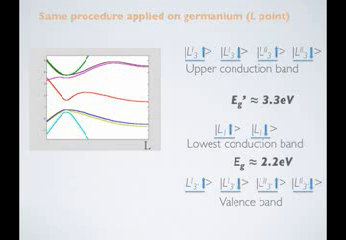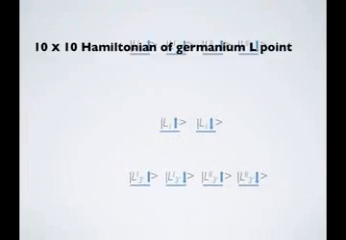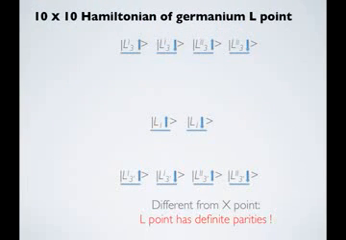Both L3 and L3 prime are two-fold degenerate, so together with the spin subspace, we can construct a 10 by 10 Hamiltonian, as we do on the 8 by 8 Hamiltonian for silicon. And this 10 by 10 Hamiltonian is also very concise and analytical. Here, I'm not going to follow the same procedure again. Instead, I'll just show you some of its major differences with the X point of silicon,